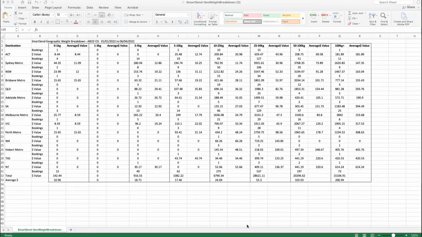And just finally, if you're not currently a SmartSend VIP customer, you obviously won't have the historical data to use for this report. So if you sign up as a VIP, just contact us and ask for a historical report that we can provide, which has default data from our current customer base. So we just need to find out where you're located, your pickup address, and then we can provide a report which is